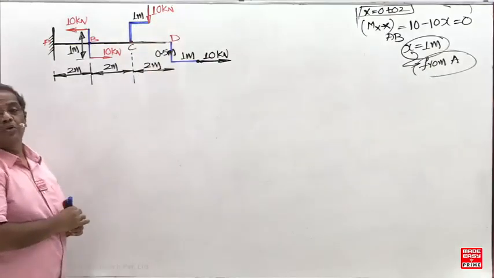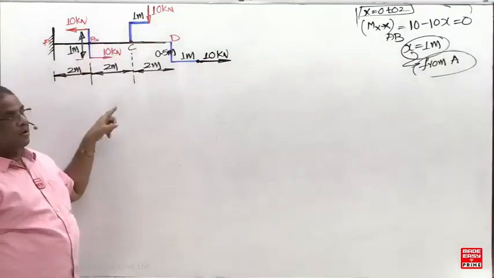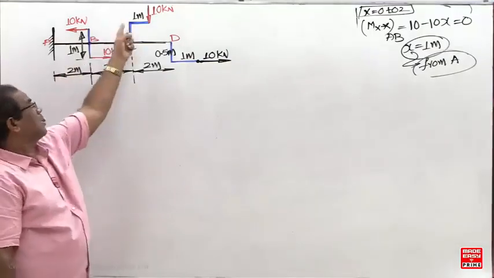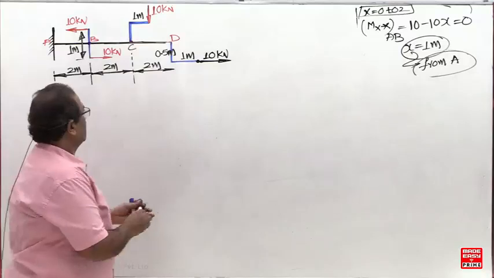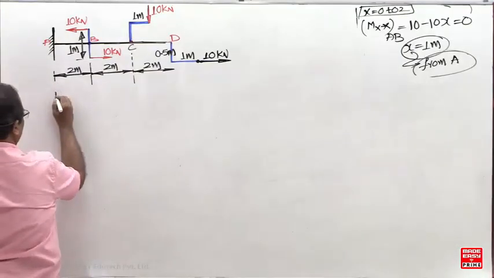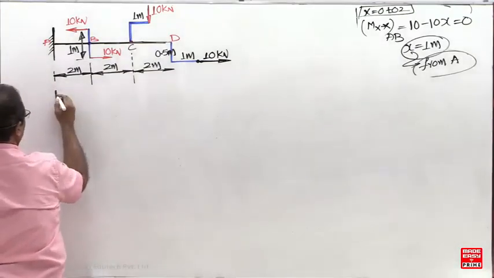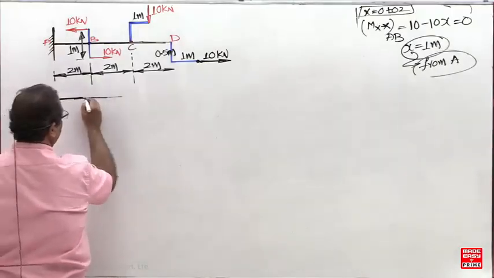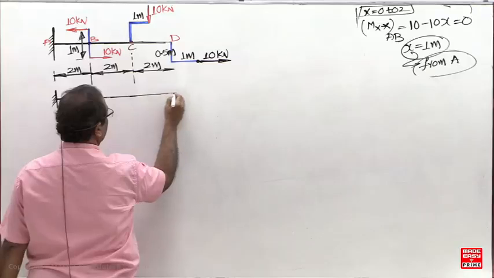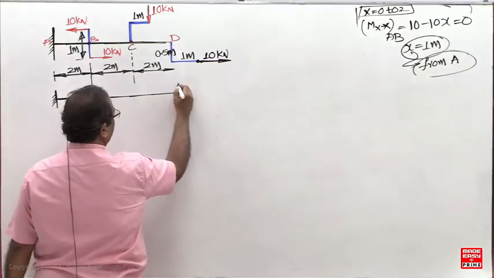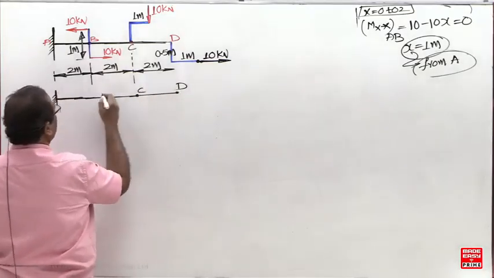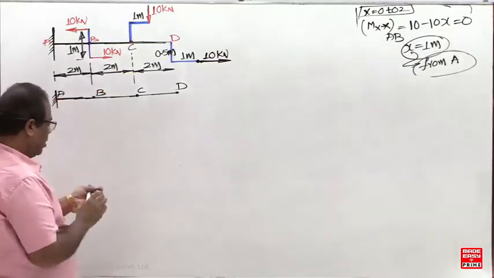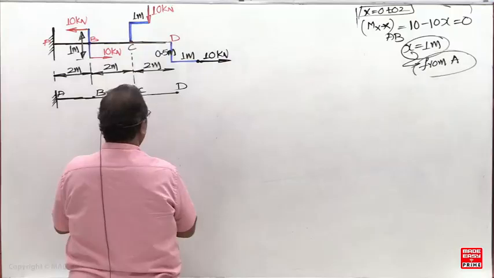So the beam is loaded by a total of how many loads now? One concentrated point load, one axial load, and three couples are going to be there. Here anti-clockwise, clockwise, anti-clockwise. So it will be